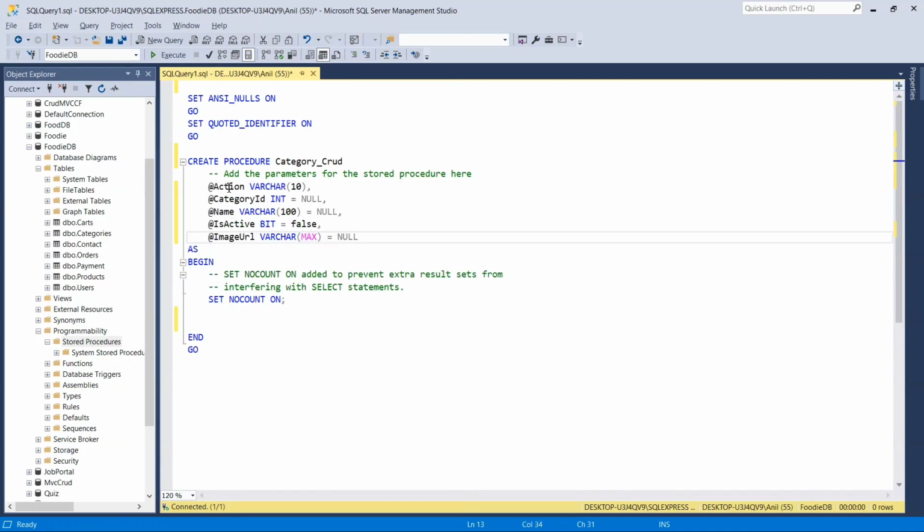So I have taken all those parameters. The first one is action, second is category ID, third is name, fourth is active, fifth is image URL. So we have used 5 parameters, right? If we are not uploading any image, the first 4 parameters will be called. If we are uploading the image as well, then all the parameters will be called when we call this